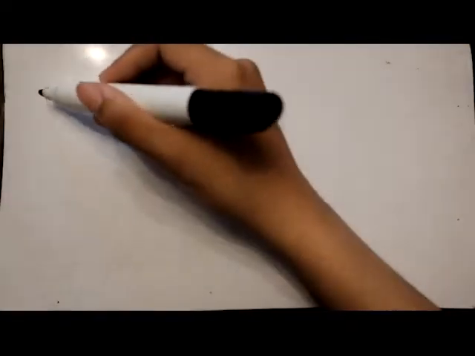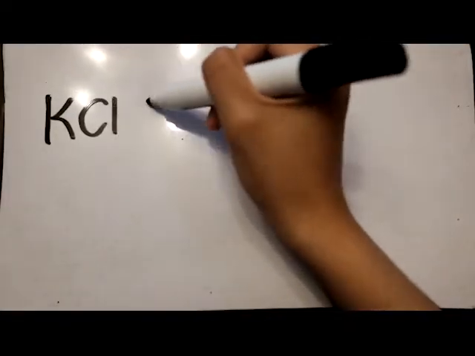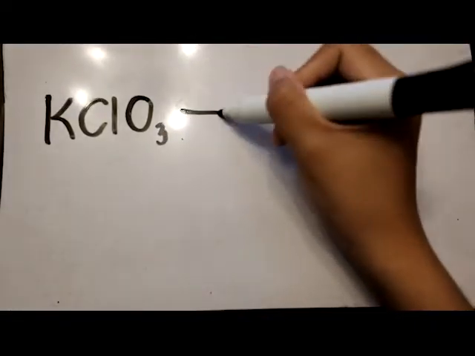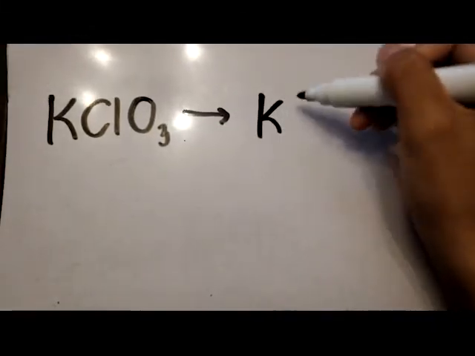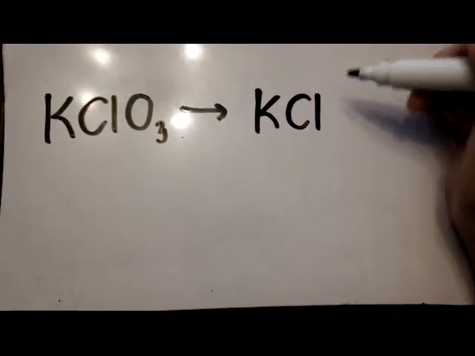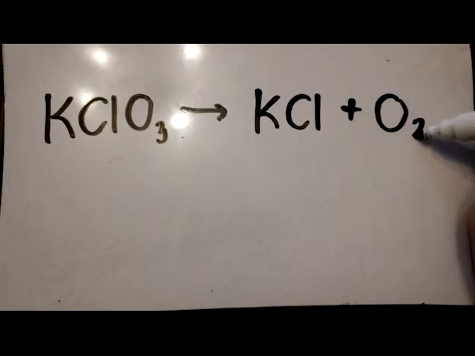For example, potassium chlorate resulting in potassium chloride plus oxygen gas. To balance the equation,